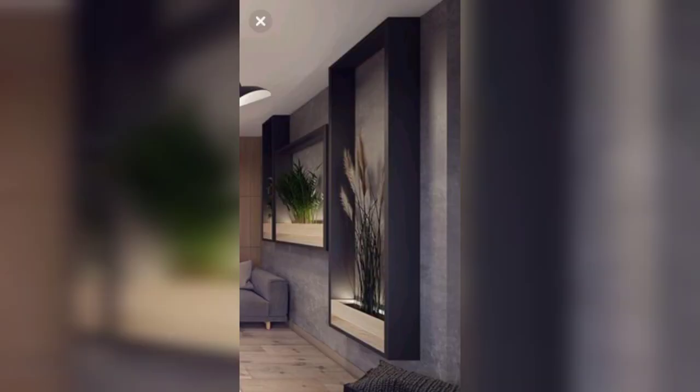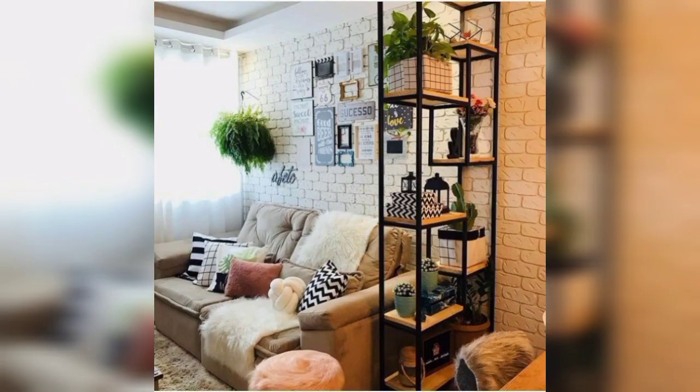Number five is biophilic connection. Indoor plants create a connection to nature even in urban or built environments. The biophilic connection has